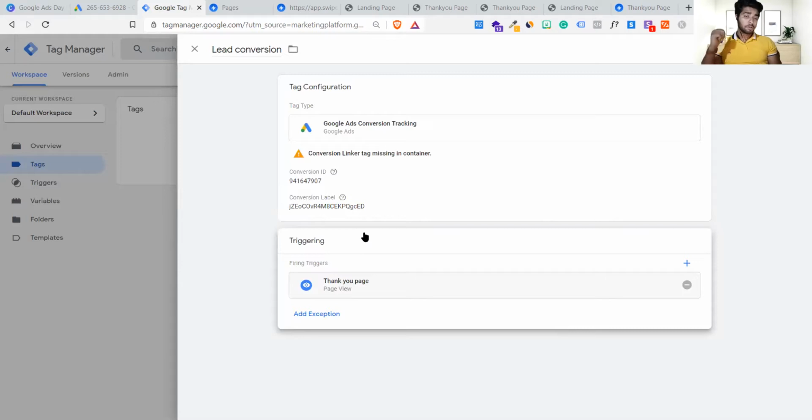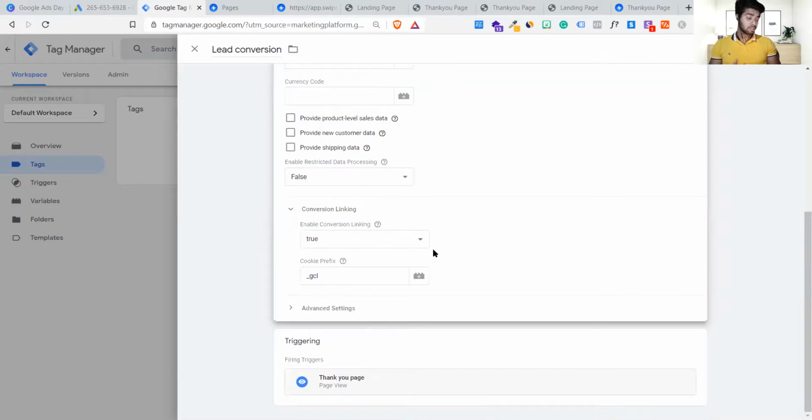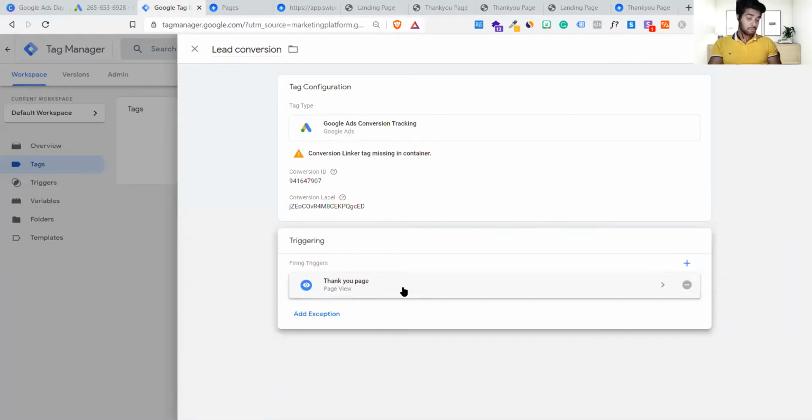If you are adding tag conversions like this, make sure you do not make any kind of mistakes. This is a very crucial part. You will find n number of videos on YouTube, but still people are not able to do this simple Google Tag Manager conversion adding. Let me tell you frankly, pay attention here. Trigger it with this page view. I have just shown you how to create this specific thank you page trigger. Now save it.